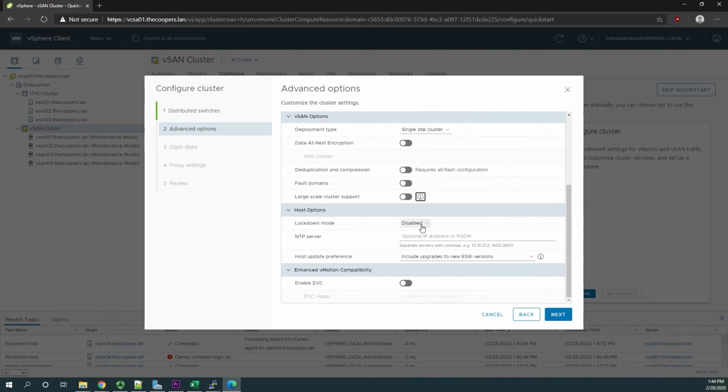Do we want to enable lockdown mode to ensure that our hosts cannot be managed outside of vCenter Server, right? Keeping lockdown mode ensures that it's a single point of management for vCenter, and you don't lose track of any of your hosts if somebody should actually log in and manage them separately. Do we want to set up an NTP server? Always a good idea